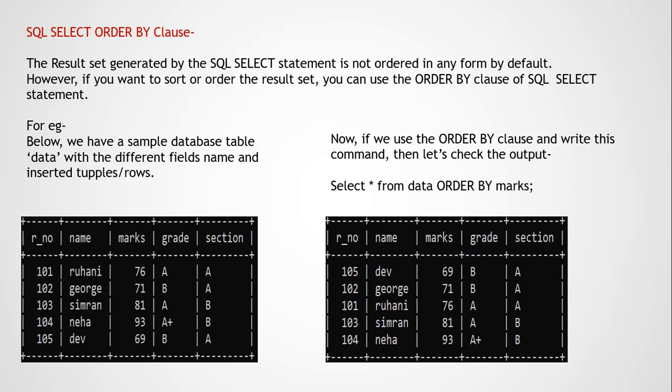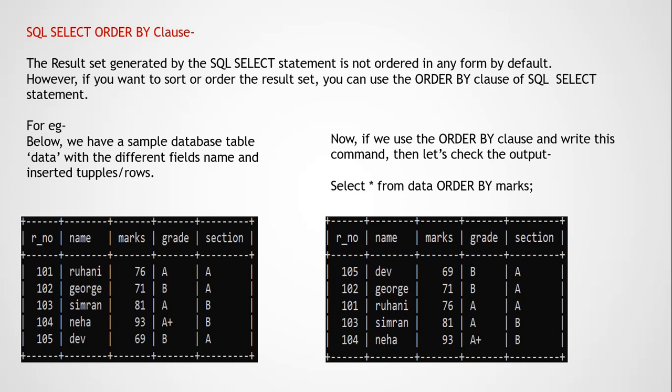If you look at the data set, the roll numbers are in a sequence 101, 102, 103, 104, and 105, but the names are not sorted because they have been set according to random students. So what if we want this record in sorted order by the name, the marks, the grade, or the section? There can be a requirement when we need a sorted result from a particular column.